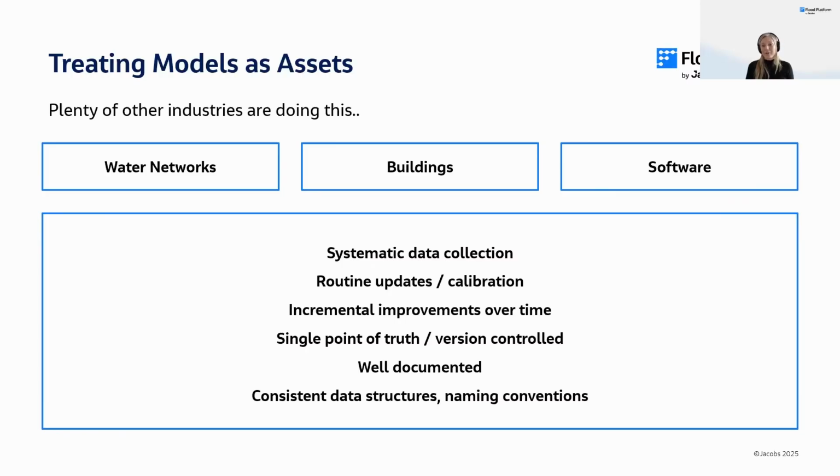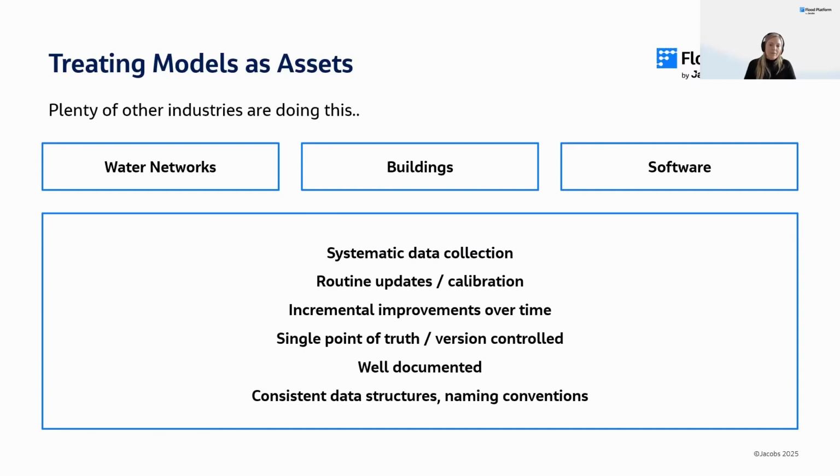And it's really important for software companies to document that, version control it, make sure that it's in a single location that everyone can access so that if a developer leaves, someone else can come in and pick that code up rather than having to rebuild a whole product. Could you imagine if software companies saved their source code on a hard drive in someone's storage on their desk? It would be an absolute nightmare. You couldn't run like that. So I think certainly the flood industry could learn from these other engineering industries.